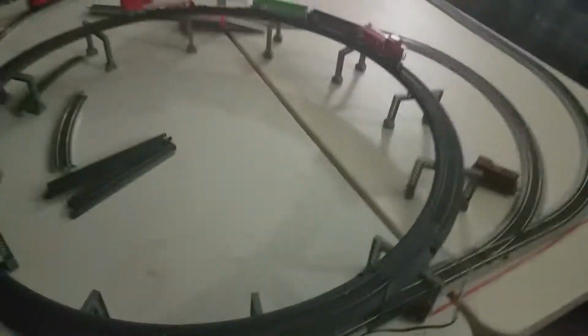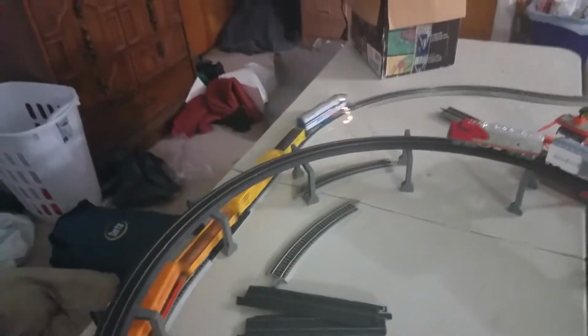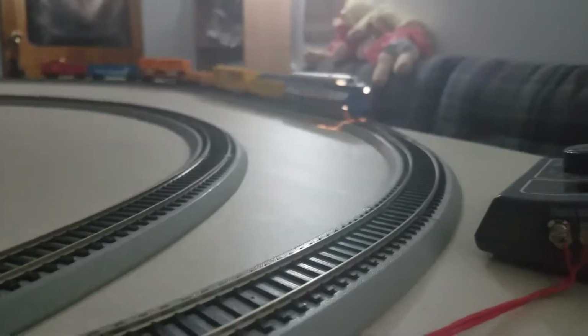And as you can see, it runs very well now. And this is my temporary layout for a while until I start building the real one. If you want me to fire that one up, this one,